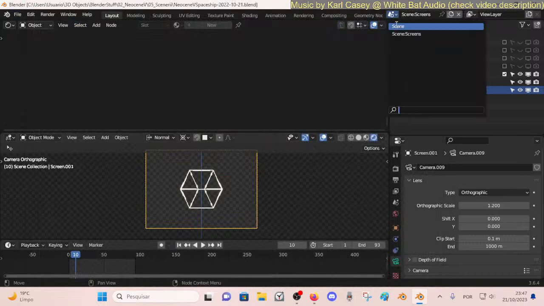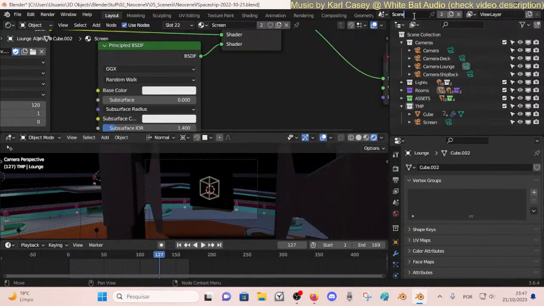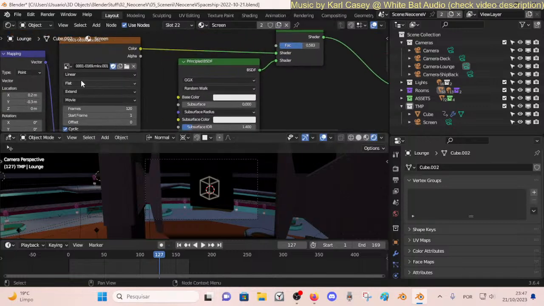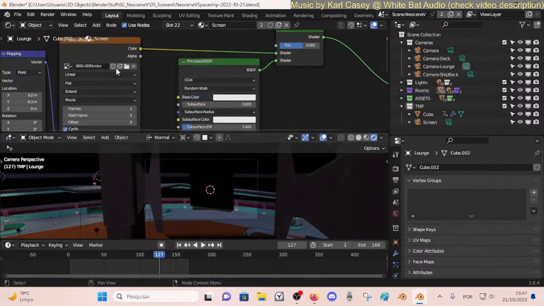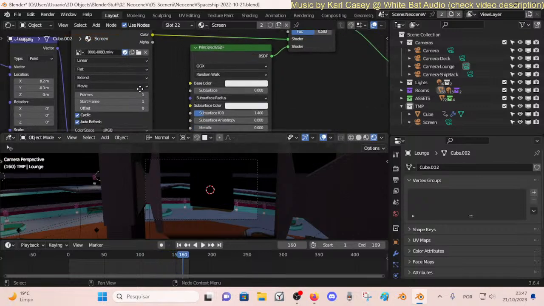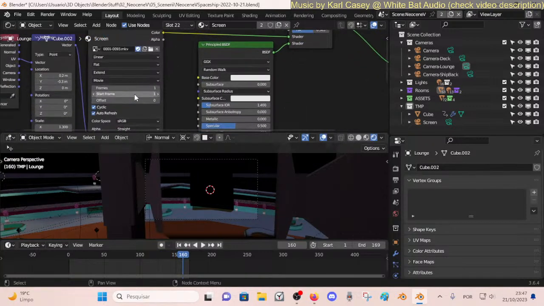Let's go back to scene, new scene 5, it's the name of the starship, alright? Then here we're going to discard this one, and what is the new one is here. We need to match